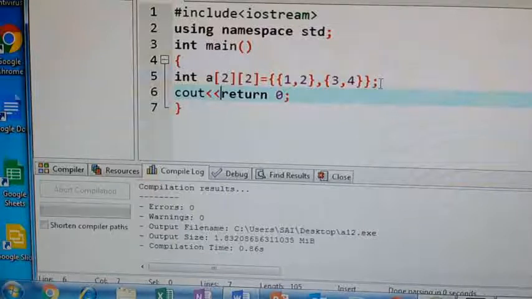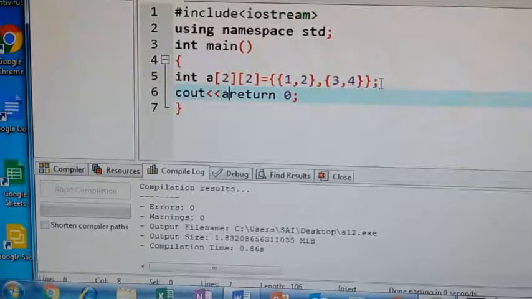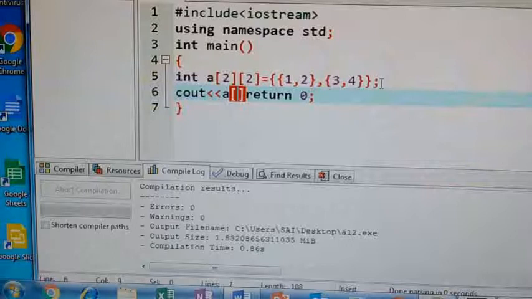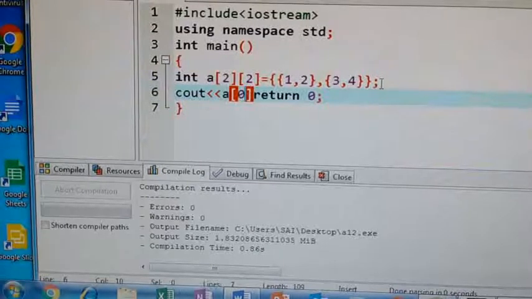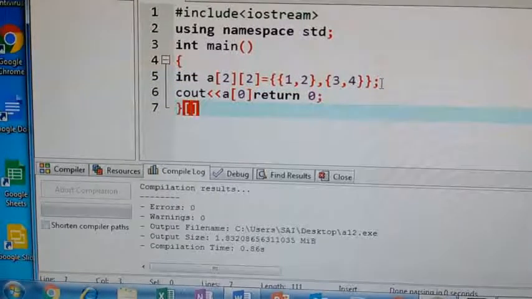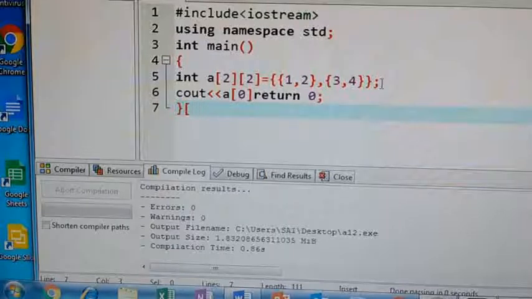That is the 1 I want to print. Then A, first subscript 0, next second subscript 0.